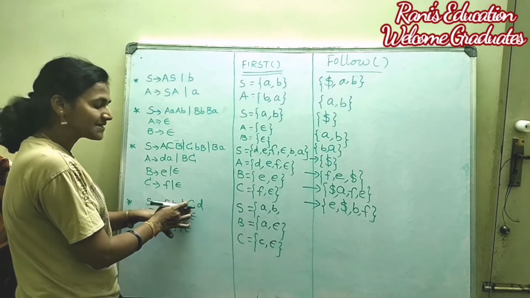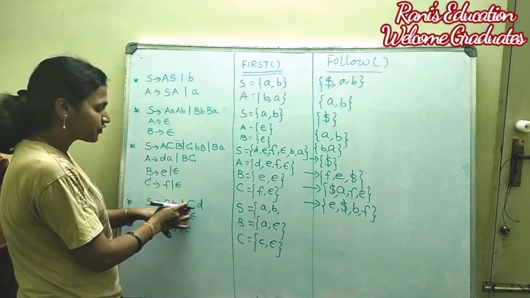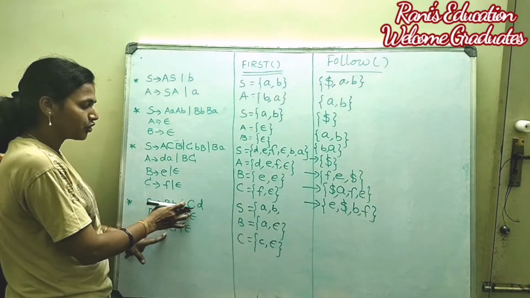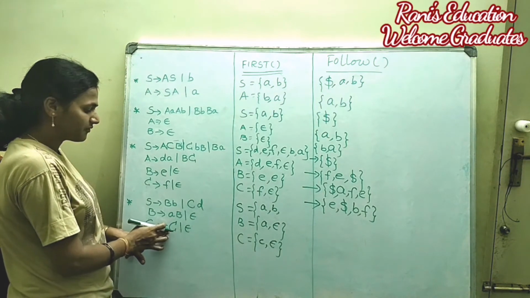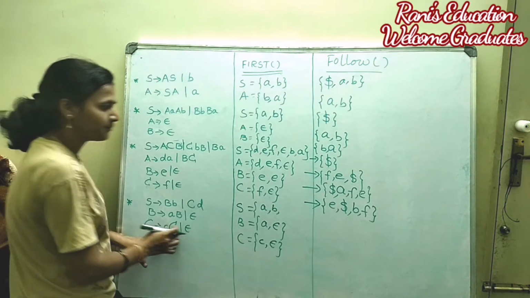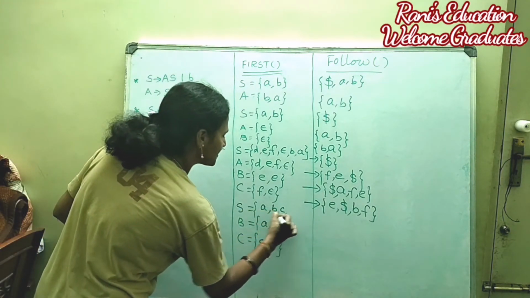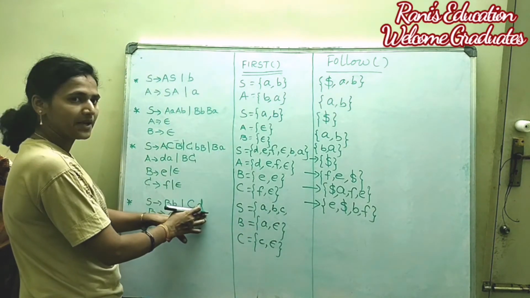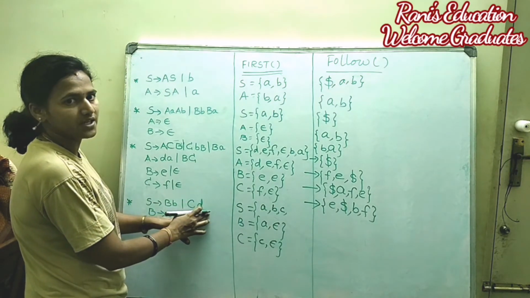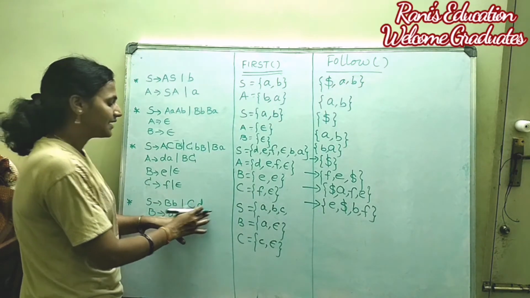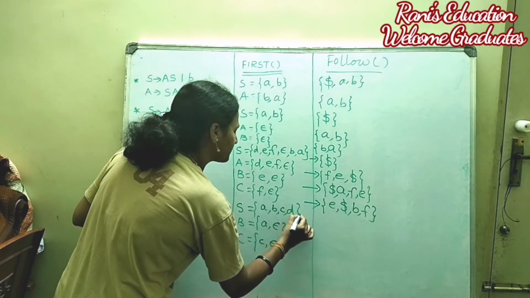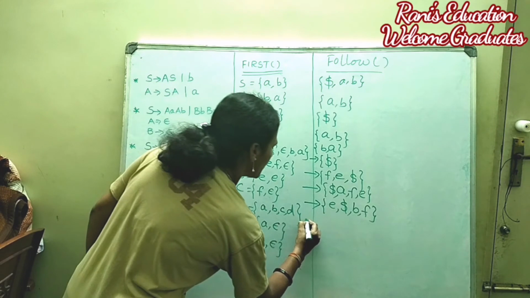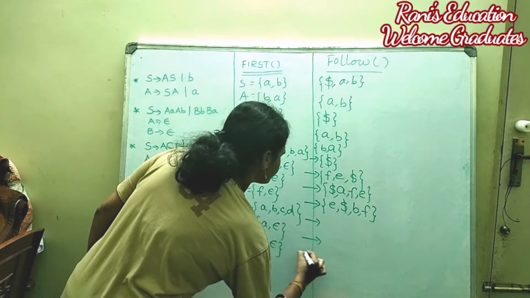In the RHS there is a non-terminal, so we have to replace this non-terminal by its corresponding productions. If I replace C by the first production, small c capital C, the RHS starts with the terminal c. If I replace C by epsilon, what will the production become? S derives small d. Here the RHS starts with the terminal d, so that is also one of the terminals for first of S. Now move on to the follow function.